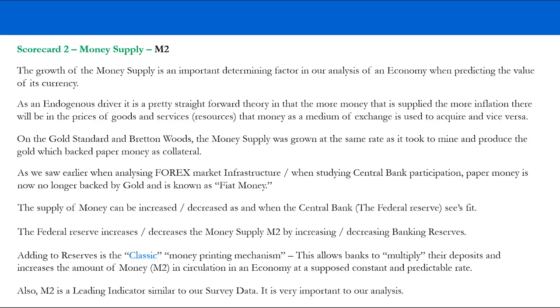Now, in the overall systematic process, we need to look at M2 as a leading indicator, even though it's coming from the right-hand side of our overall systematic process in idea generation. We need to see M2 as a leading indicator because the central authorities, in this case the Federal Reserve, is looking at the